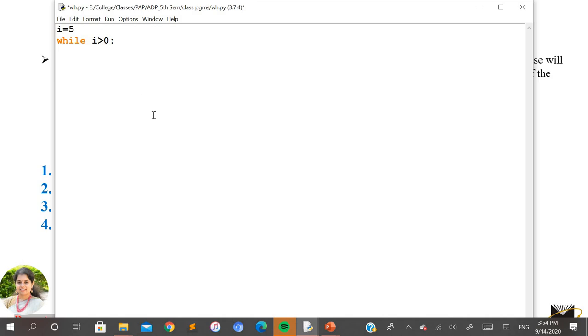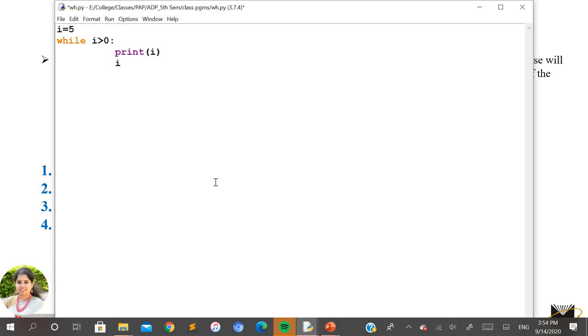Here I just want to print the i value, and no semicolons are required. Do remember, in Python you need not use semicolons for executable lines. Again press the enter key. To continue the same block of statements for the while loop, it maintains the same indentation.